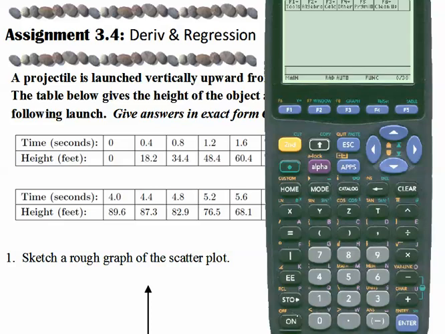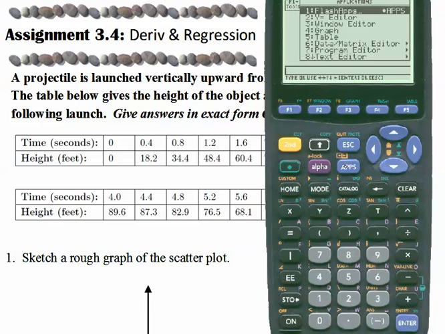When you turn on your calculator, your applications all show up on your home screen. This is an old version, so I'm going to use the apps button to get a list of all of the applications. So you want to find the data matrix editor, and you can find that as an icon on the home screen, or you can go to the apps button and then choose number 6